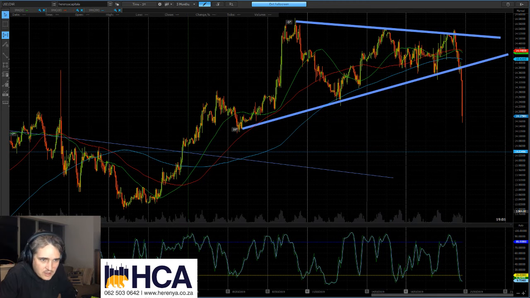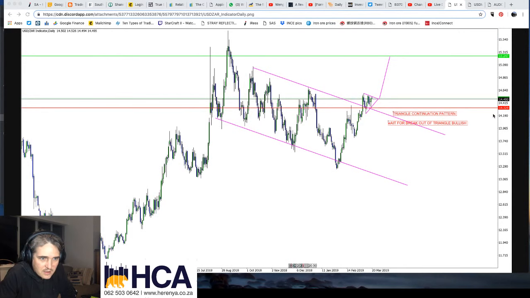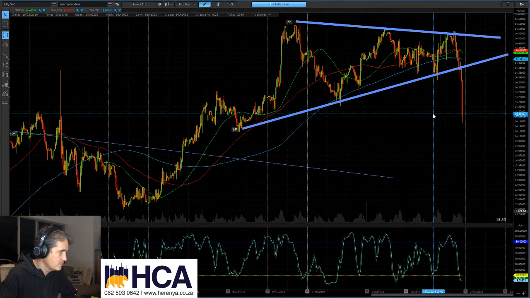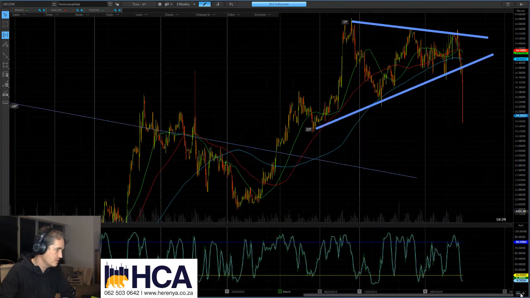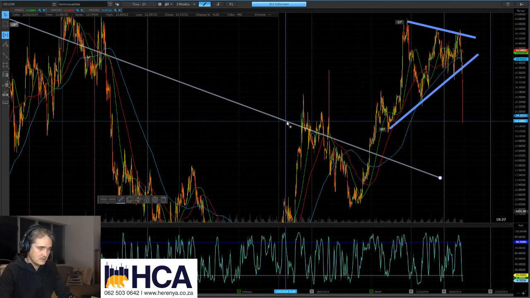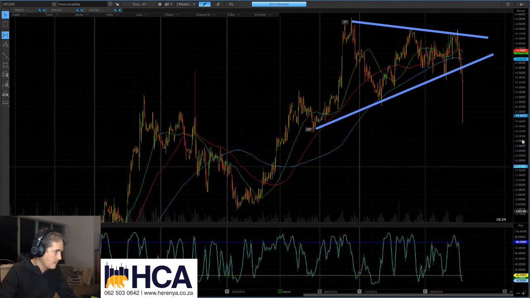What is nice is you've got that support level at, what is that, 1432-ish. I would argue that 1419 is maybe a bit low, so maybe 1420, wherever this pink line comes in, would be the next support level. Well, 1419. Hey, actually, look where we're trading. On this side, we're trading 1418. So this might be... Let's have a look to see if I'm going to just remove this line because it is annoying. Let's see if we have